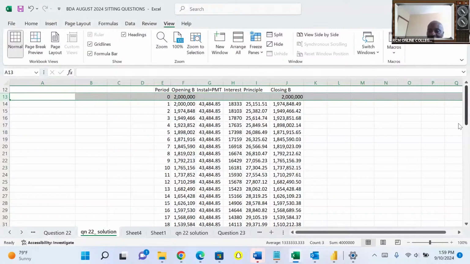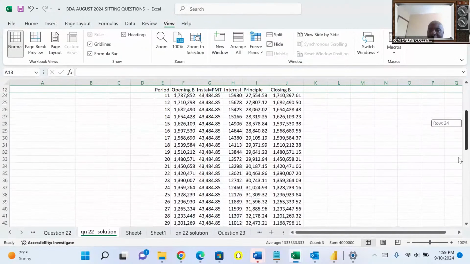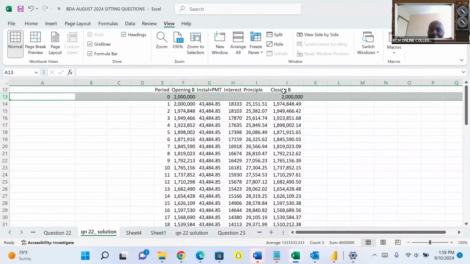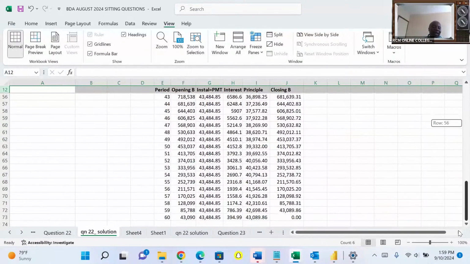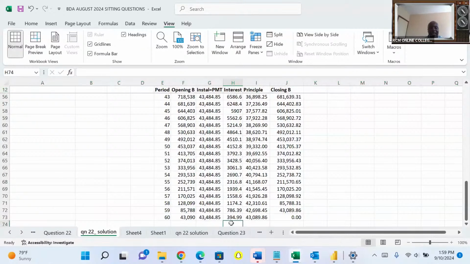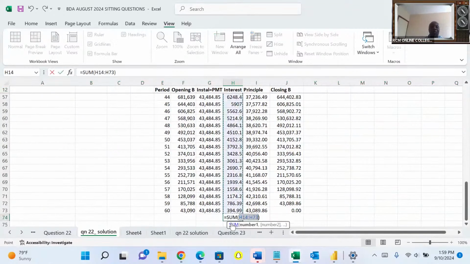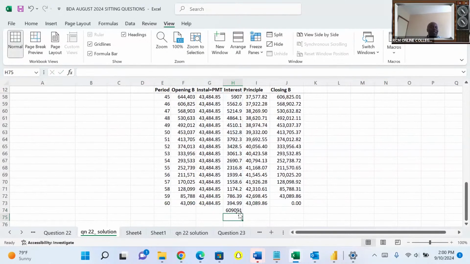So what does it mean when I say I've frozen the top row? When I move this, you can see the row number 12, which is the title row, is not moving with me. Now, if this examiner comes and tells me he wants me to analyze a few things down here, I can now come here very comfortably. When he wants interest, I'll come here and press Alt equals Enter. So I'm able to know the total interest.